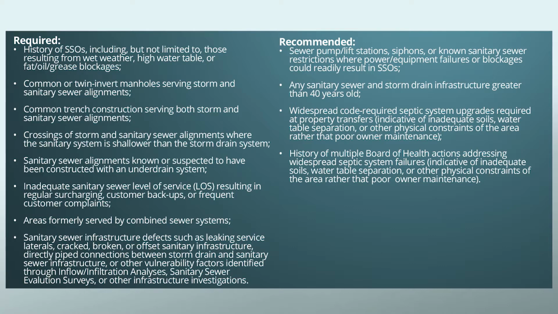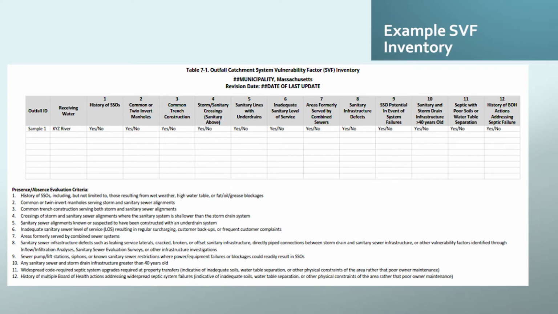Do you have inadequate capacity of your sewer that results in surcharges and backups? The list of system vulnerability factors includes those that are required and those that are recommended. So you look at each catchment and then you develop an SVF, or System Vulnerability Factor Inventory. Basically you list your outfall and its receiving water, and then all of these characteristics, and then you say yes or no whether they're present. If you answer yes, then that catchment has to be screened and sampled during wet weather flows